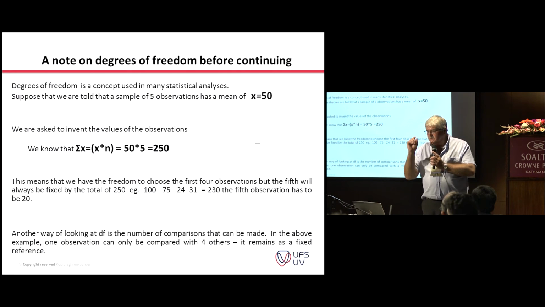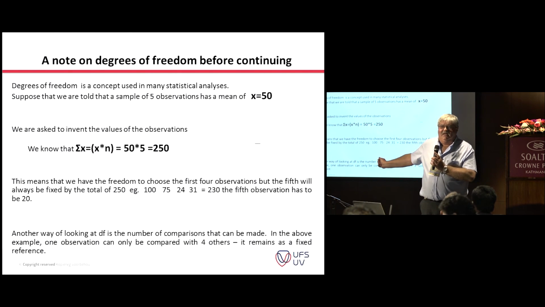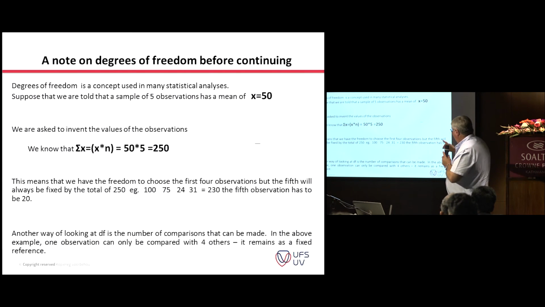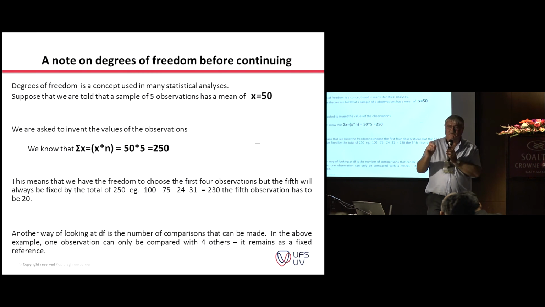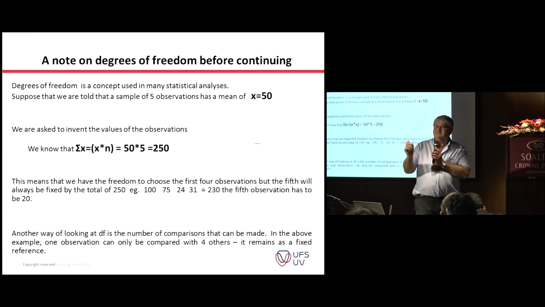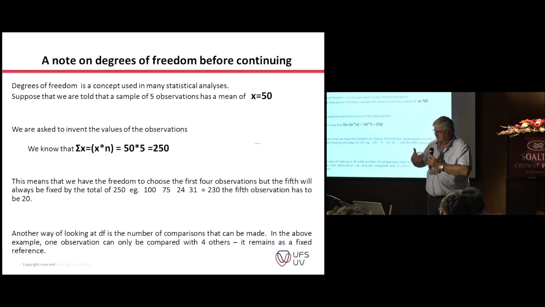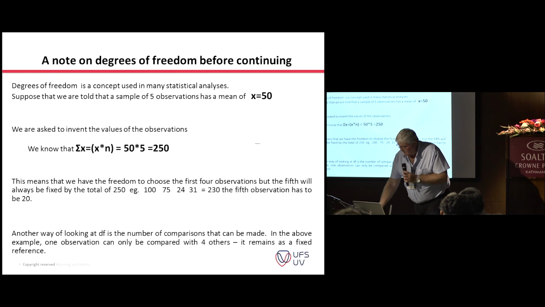Okay, because we are stuck with that last number. It's defined by the true population mean. And therefore, we always do our calculations based on degrees of freedom, and we leave room for that extra bit, or call it error, that we didn't measure. Okay, so that's basically why we use